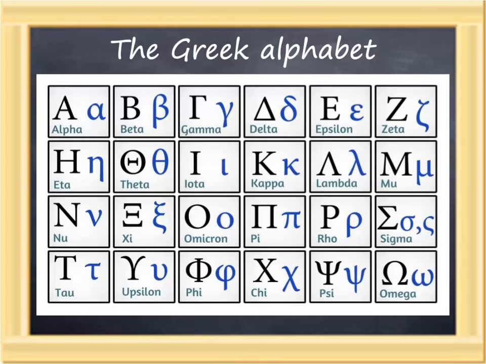So let's pronounce the words together again, but this time a little faster. Alpha, beta, gamma, delta, epsilon, zeta, eta, theta, iota, kappa, lambda, mu, nu, xi, omicron, pi, rho, sigma, tau, upsilon, phi, chi, psi, omega. In the chart, you notice that the larger black letters, those are the uppercase versions of